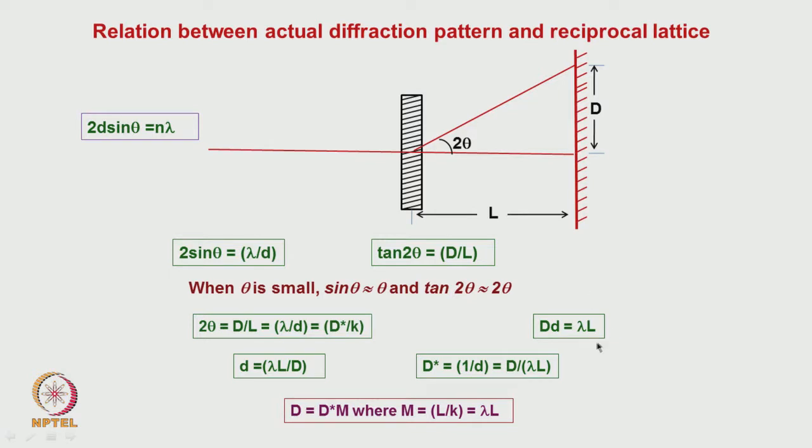Okay. So this distance in electron microscopy is normally called the camera constant. L is called the camera length, and lambda L is called the camera constant. This constant is the one which will tell us how many times this d is magnified. Otherwise, how do we define d star? d star equals 1 by d, correct? So this d here equals lambda L into 1 by d, correct.